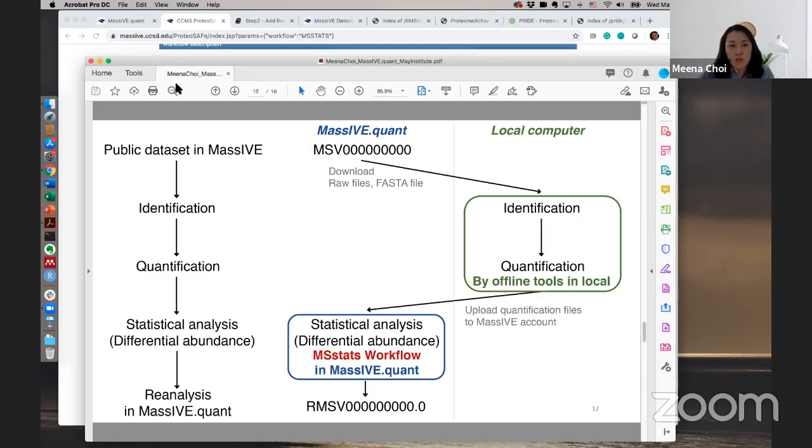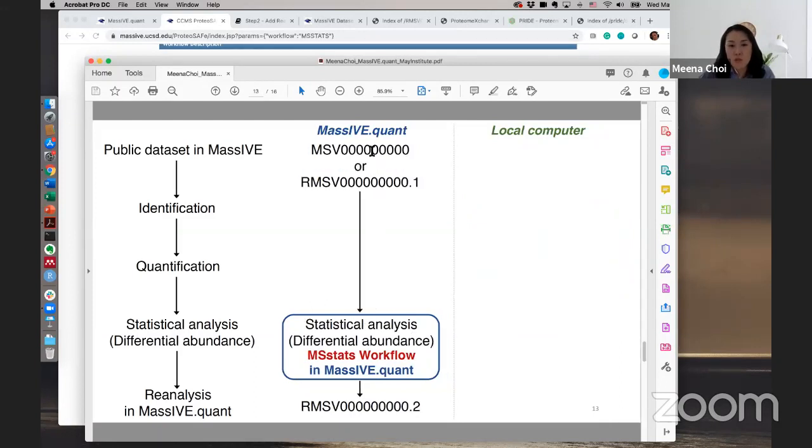and then use this MSDAT workflow, and it's going to generate all the output. Then you can just select the result and submit it automatically in MassIVeQuant under this data set. Or you can just use already published or publicly available quantification data, use the MSDAT workflow in MassIVE, and then submit it and rename it